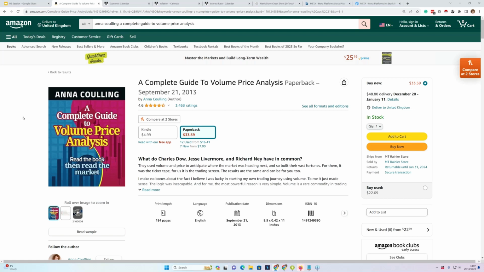They maybe have been using a combination of indicators, but what VPA has done is take things back to first principles, and then you can add on your indicators, because once you understand the price cycle, which basically